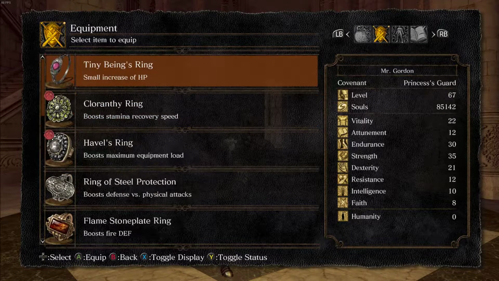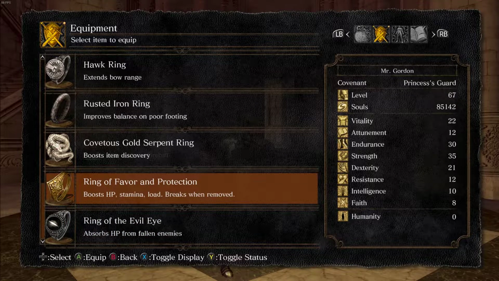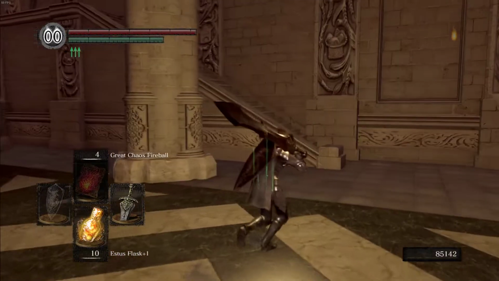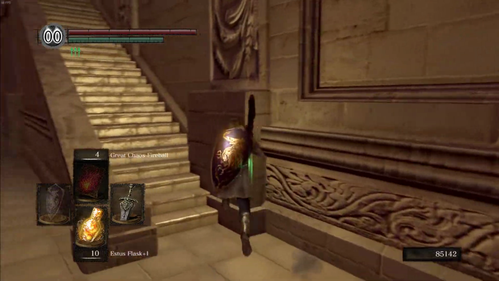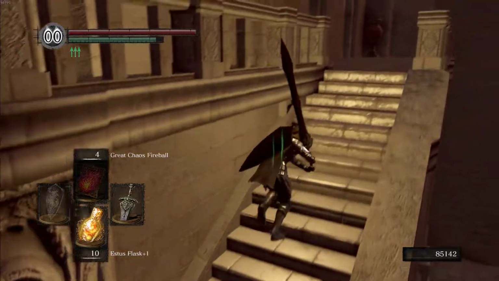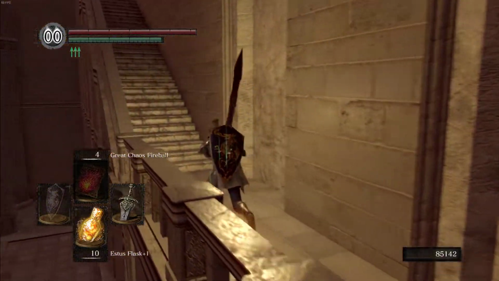And then a very, very useful ring here. The Ring of Favor and Protection. Boost HP, stamina, load. Breaks when removed. Very important that it breaks when removed. Make sure you remember that. A ring symbolizing the favor and protection of the goddess Fina, known in legend to possess fateful beauty. The ring boosts its wearer's HP, stamina, and max equip load, but breaks if ever removed. So if you put that ring on, and you ever take it off, then it will break. You will not have it again. It will break permanently. Luckily, you can get 2 in every playthrough, so...